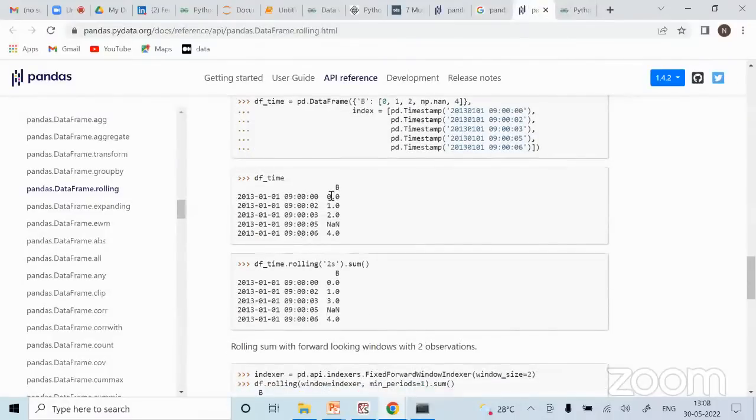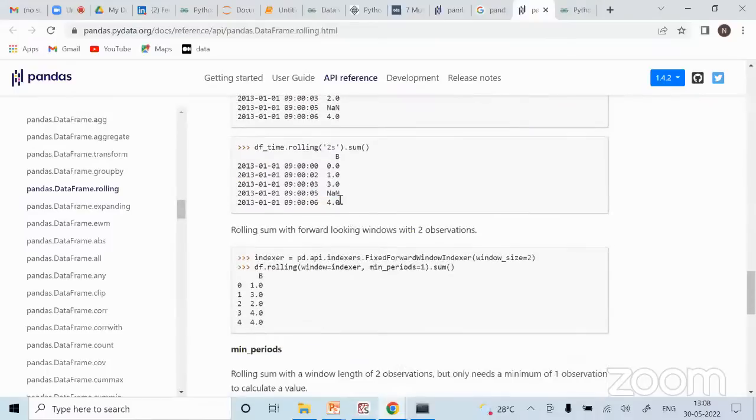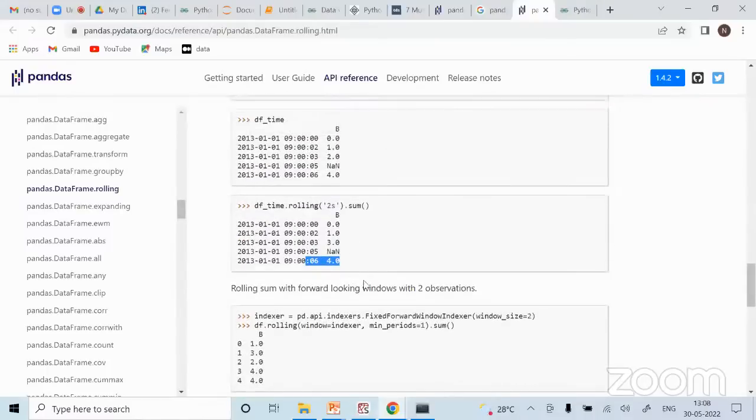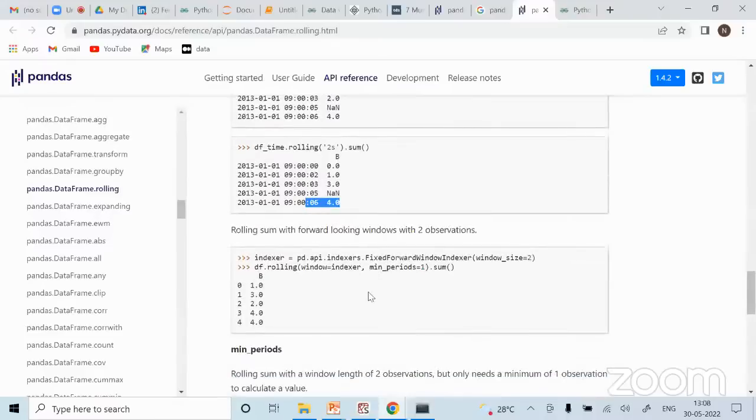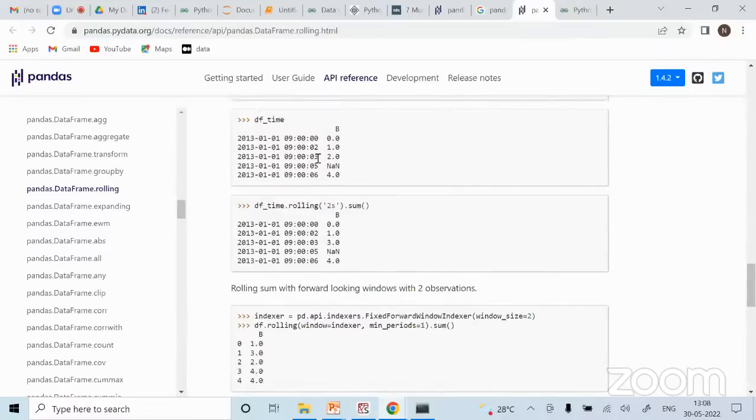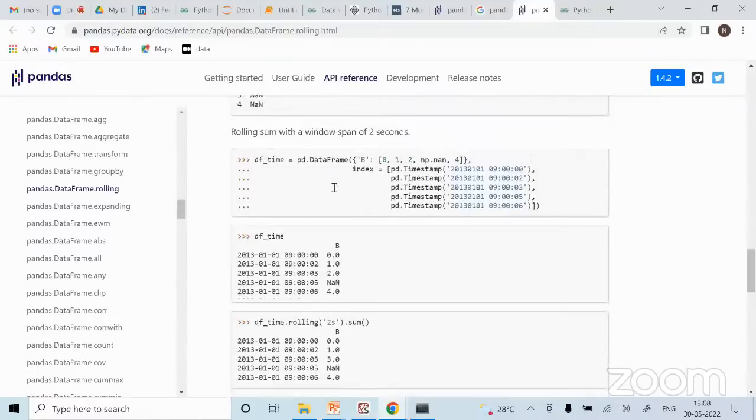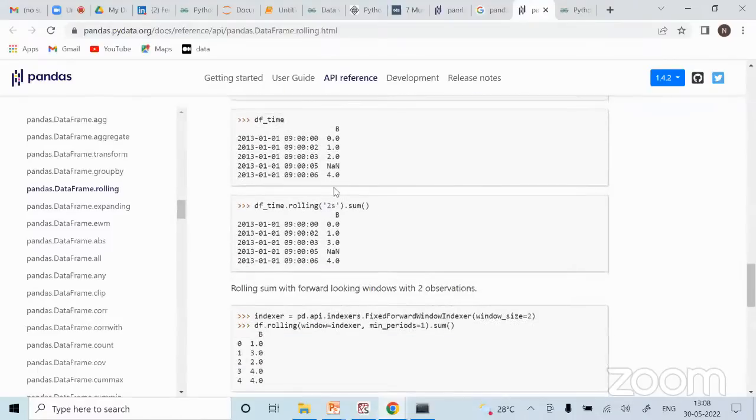So here what it does is, simply आप देखोगे तो फर्स्ट तो वैल्यू 0 है, बट सेकंड के केस में it added up these two. 2 सेकंड का विंडो है, right? तो इन दोनों को ऐड किया तो 1 ही आएगा, इसीलिए 1 है. सिमिलरली इन दोनों को ऐड किया तो 3 आएगा. सिमिलरली 2 एंड NaN को ऐड करोगे तो NaN आएगा. देन अगेन आपका क्या बोलते हैं, 4 में इसने NaN को ऐड किया है तो यहाँ पर 4 आया है. ओके, देन आइडियली यहाँ भी NaN आना चाहिए because it has summed up a 2 second window, right?